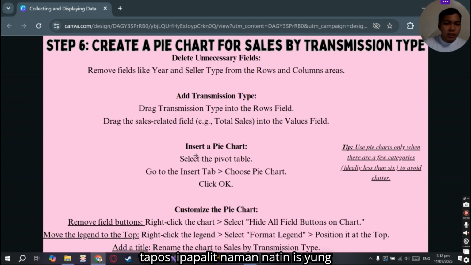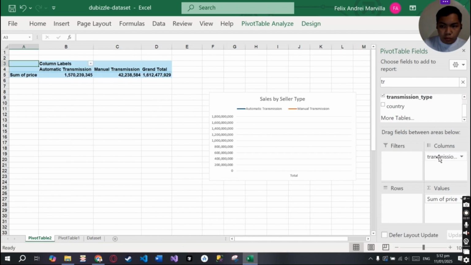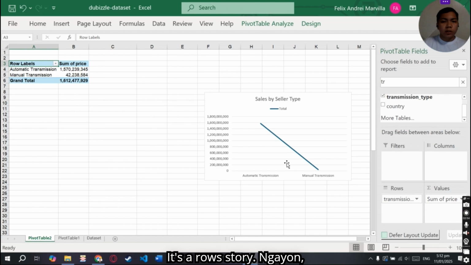Tapos, ipapalit naman natin is yung transmission type sa rows field at yung total sales sa values field. Itong sum of price, ito na yung sales. So, ngayon, ang nilipat na lang natin dito ay yung transmission type sa rows.